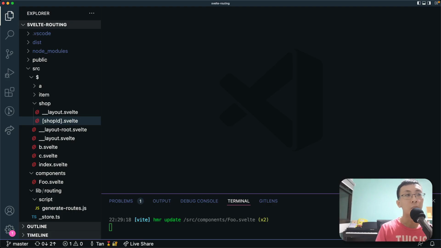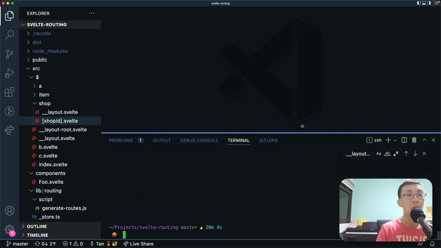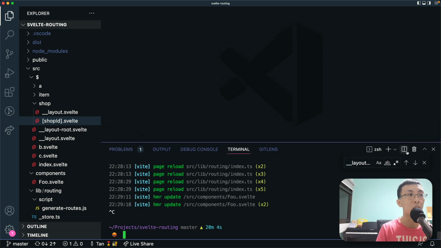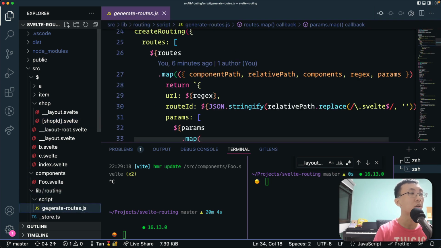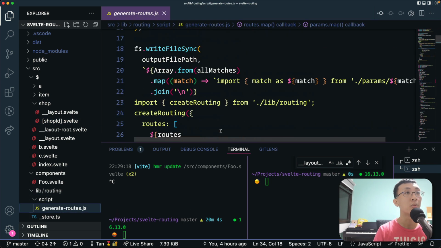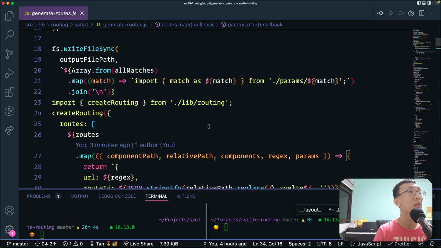Now follow along. Okay, so in that case, I'm going to open two node terminals. One is going to run a script so that it starts watching, and of course I have to write that script down. So for that script, it's called generate routes, that we basically have been using to generate